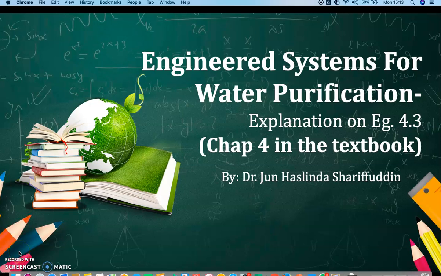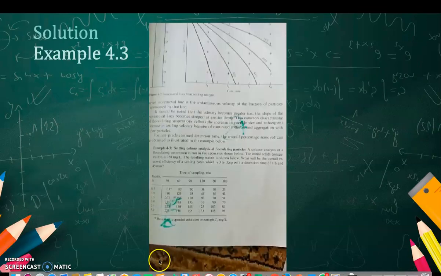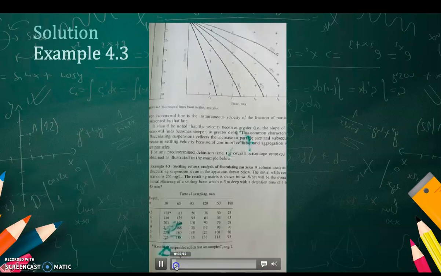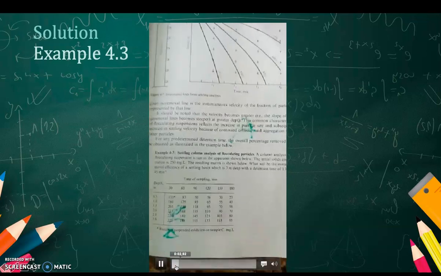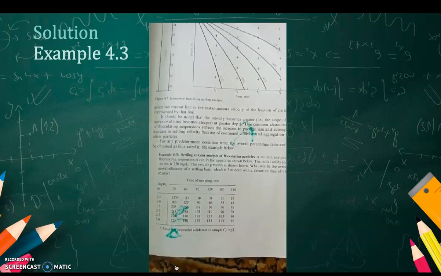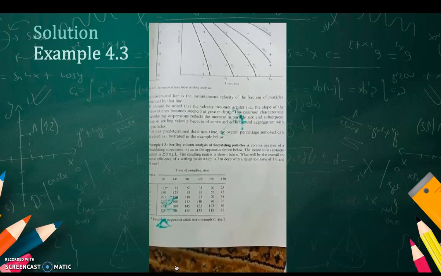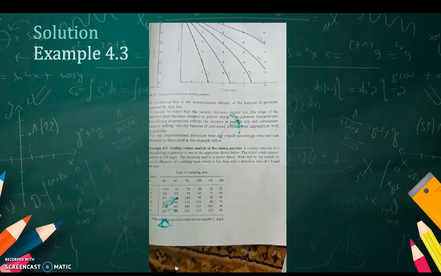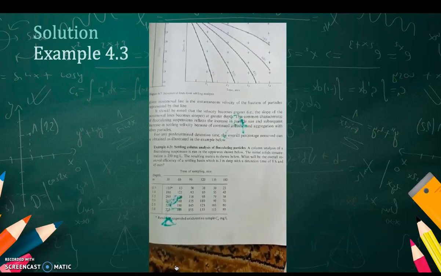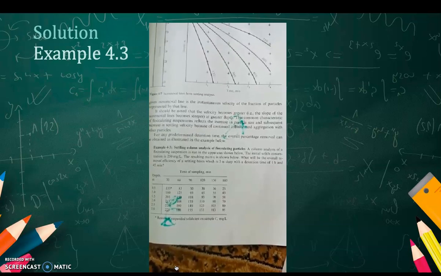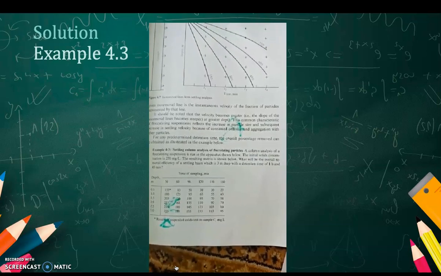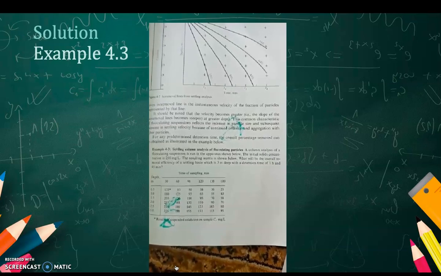Okay, hi again guys. So this video is especially to explain example 4.3 in your textbook. So, it's a complicated example in this chapter, which is example 4.3. Initially, you are given this table with an initial solid concentration of 250 milligram per liter. So the question wants you to find the overall removal efficiency